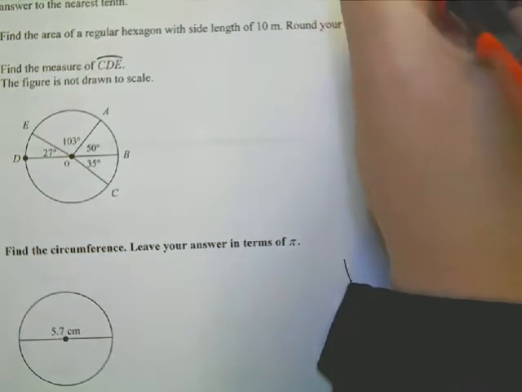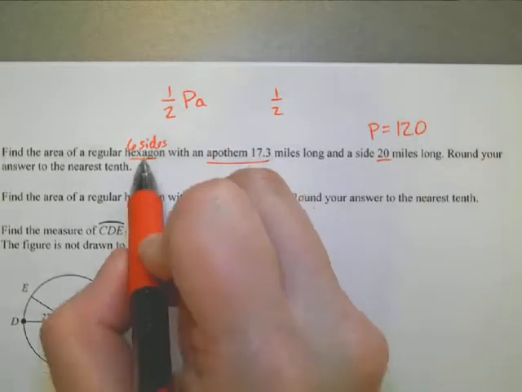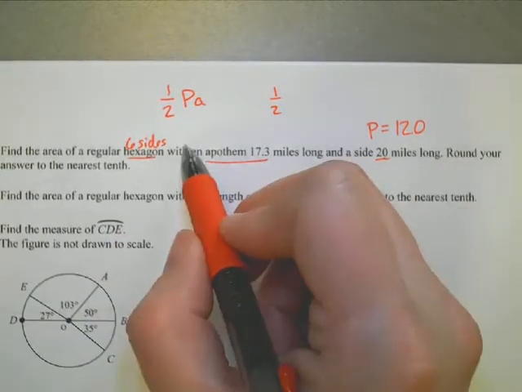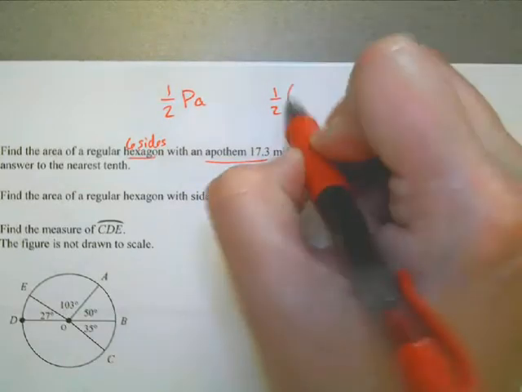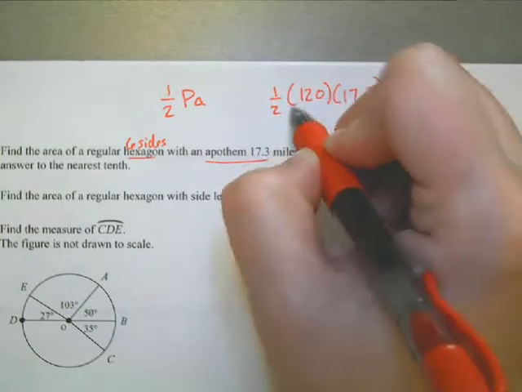So all I need to do here is 1/2. Let me make sure you can't see what I'm doing, I'm sorry. Hexagon is 6 sides, each side is 20, so perimeter is 120, and it gives me the apothem. So I have 1/2 times the perimeter times the apothem. Half of 120 is 60, so all I need to do is 60